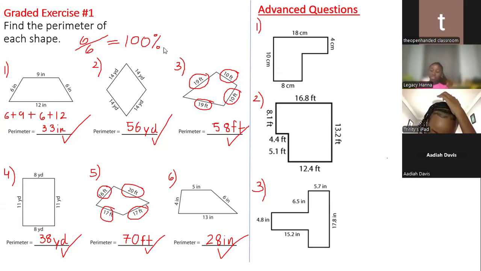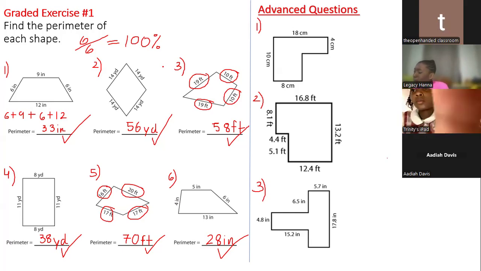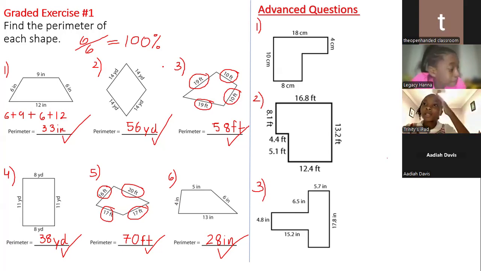All right, so now the advanced questions. I sent you my answers for the advanced questions. Okay, you sent them to me already, right? Yes, sir. Good. Trinity, were you able to do the advanced questions? No, sir. Are you doing them now? Yes, sir. Good. All right, so please make your corrections to these if you got any of them wrong for